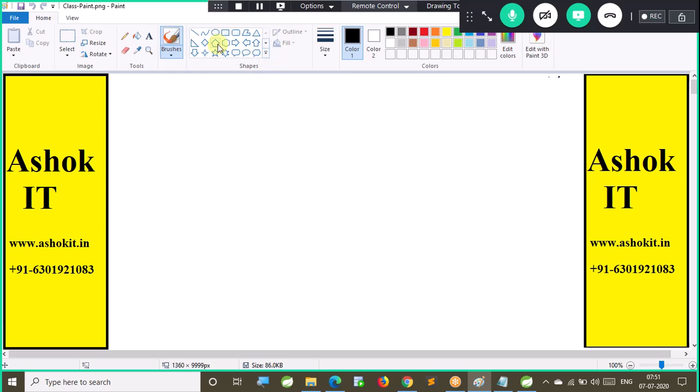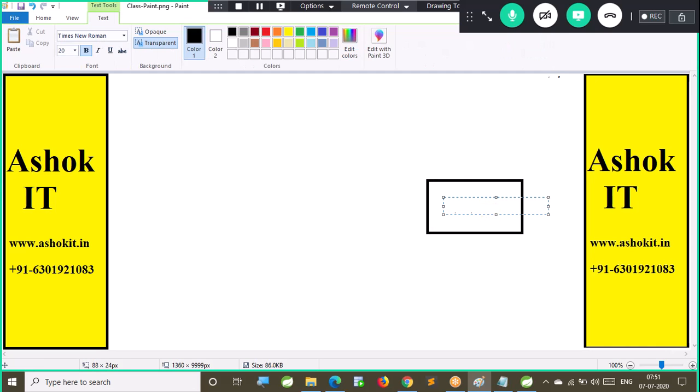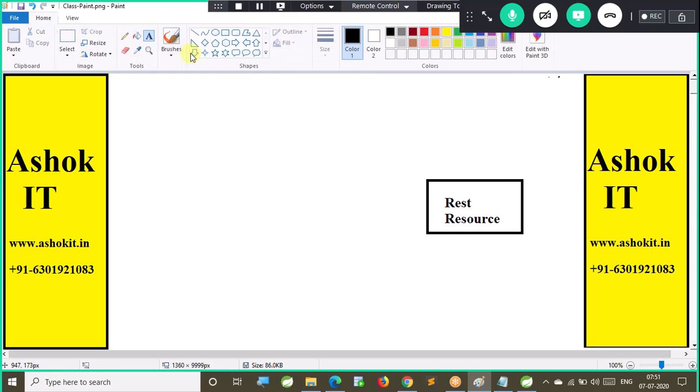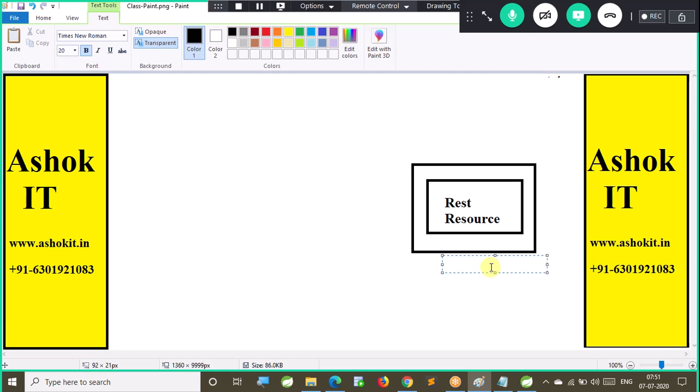Assume that this is our REST resource. There is a method bound to the HTTP GET request method in the REST resource. A REST resource is nothing but our REST controller, which is running inside a server.